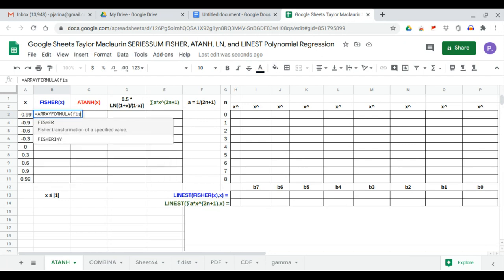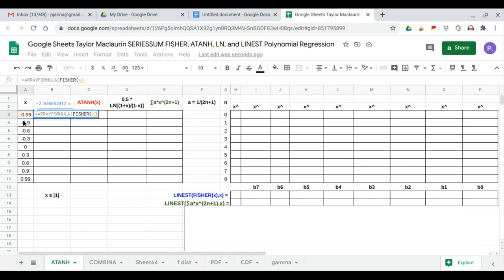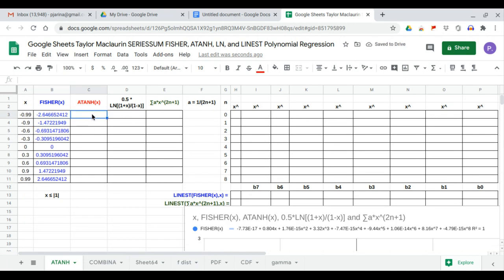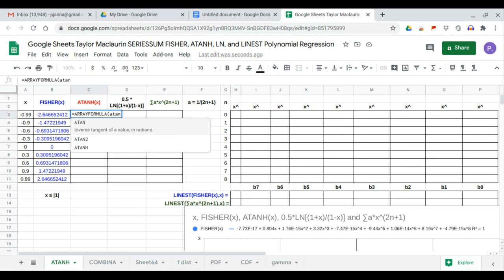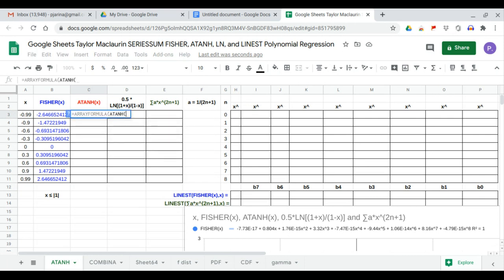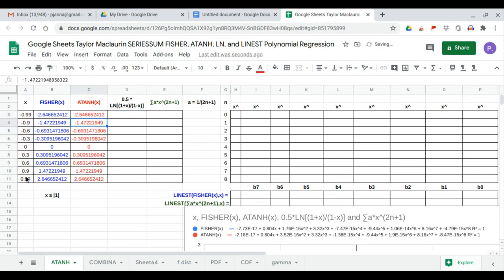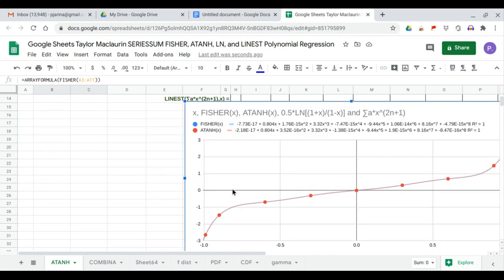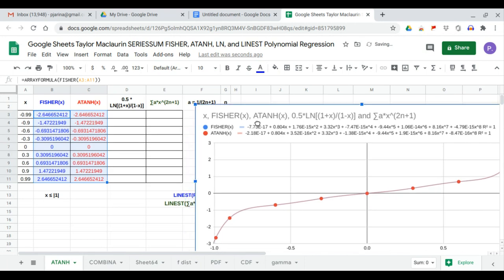Fisher of the x values. Our x values are between -1 and 1. It will give you the same output using the inverse hyperbolic tangent array formula, ATANH, that's inverse hyperbolic tangent of the x values. They have the same values, and as well as our